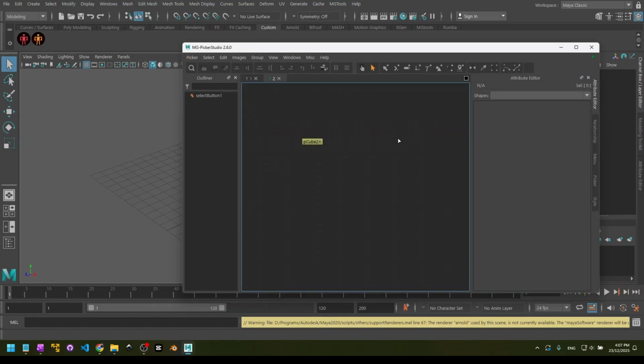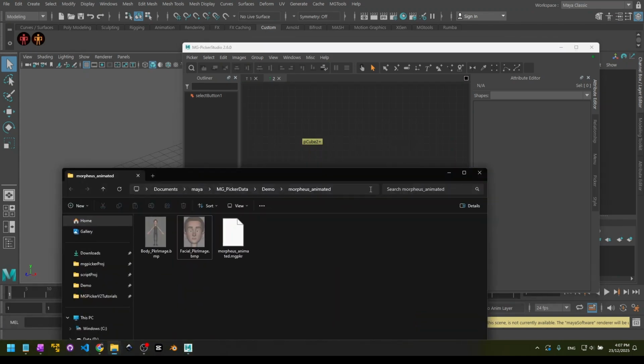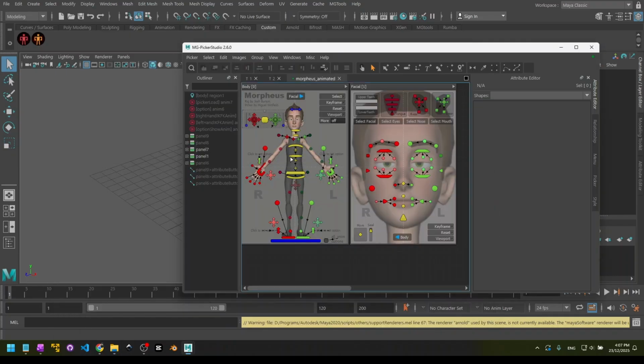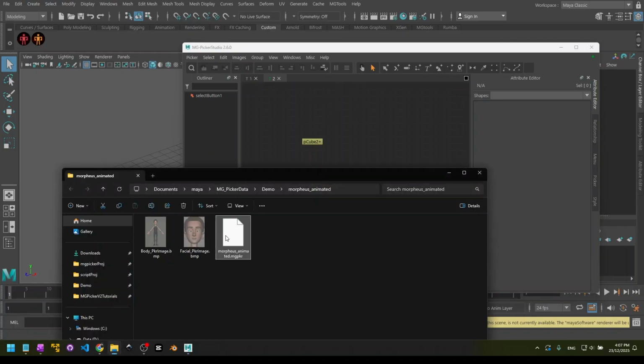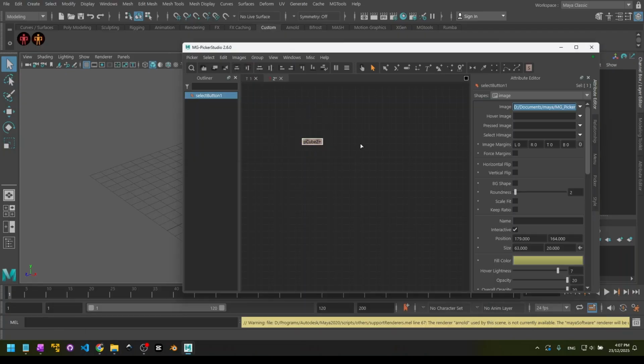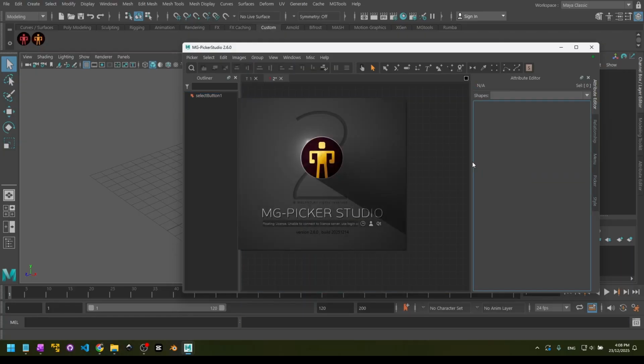Minor improvement on the drag and drop support. So if you drag and drop a picker file onto the picker window, it will load that picker file. And if you drag an image onto a picker button, it will switch the button to image shape and then use that image. There are still other minor improvements or little features that haven't been covered in this video tutorial series,